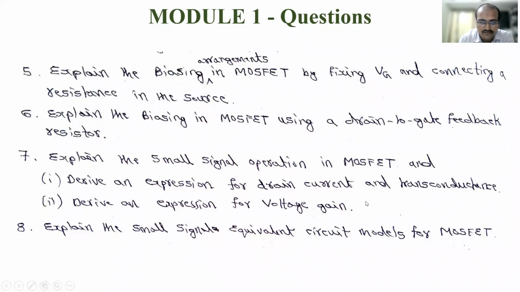With this we complete module 1 on the BJT as well as MOSFET. In the next module, this discussion will continue further. On the amplifier part, we will discuss the characteristic parameters of amplifiers in the first part, and then in the second part we will discuss the oscillators. We start taking up the application part of analog circuits. So we'll see in the next class. We'll give the introduction to module 2.